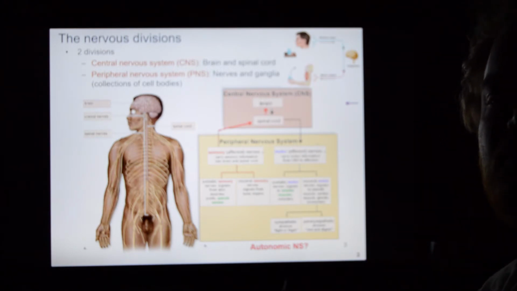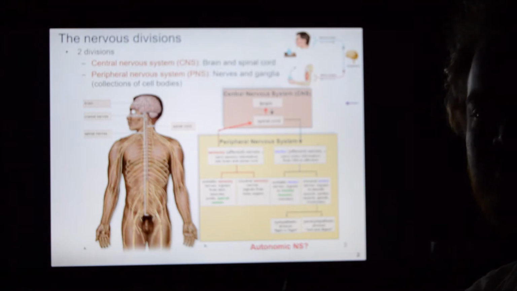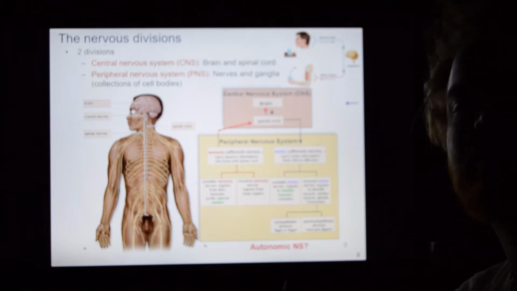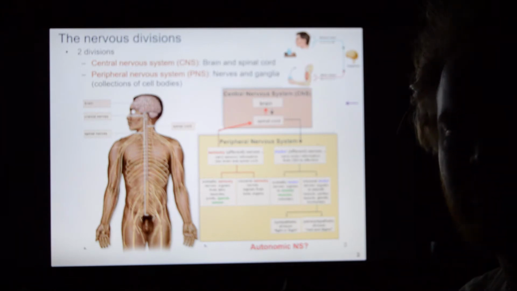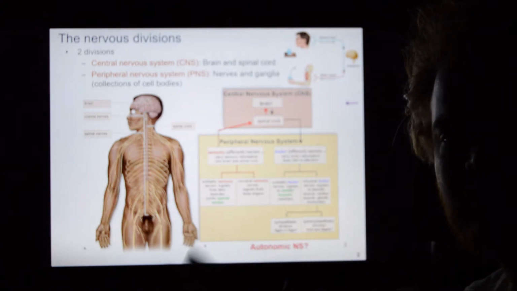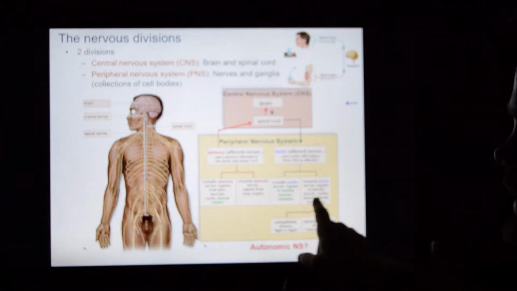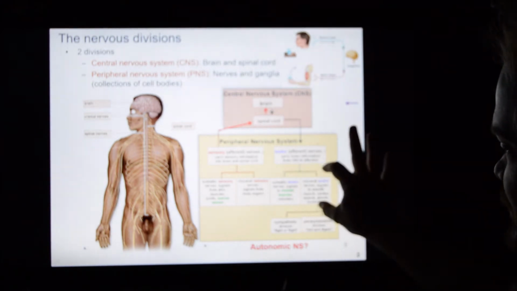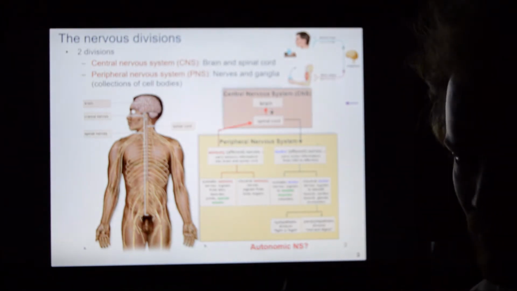Visceral motor is outputs to things you are not directly in control of. You don't directly mentally control, you don't decide if your heart beats. You don't decide if you release hormones or not. You don't decide if your intestines are going to be motile. You don't decide where to vasoconstrict and where to vasodilate blood vessels within your body. This is all done behind the scenes. And as you can probably tell, the visceral motor division is vastly more complicated. There's just a lot more happening here.